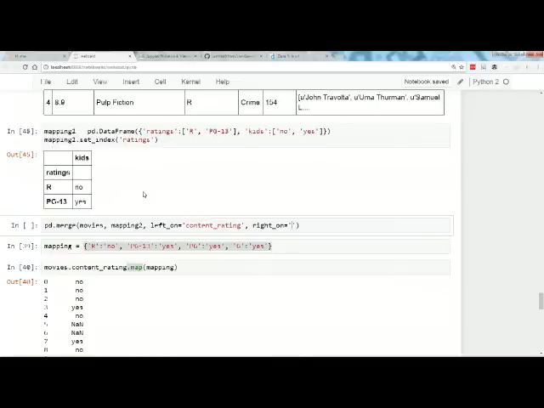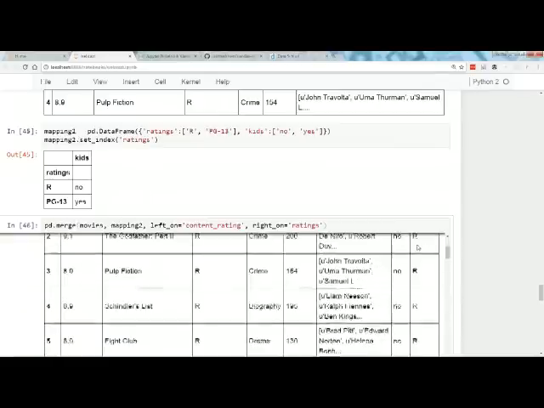Nope, on the index, actually. Oh, I didn't set it in place, so actually I will say right on ratings. Can't remember, this might, okay.